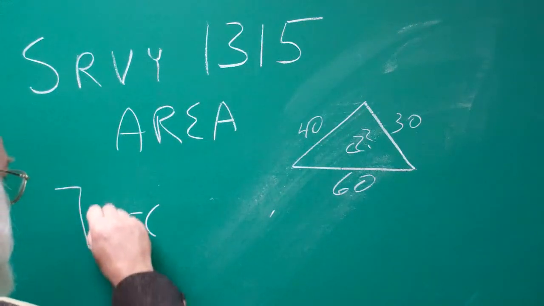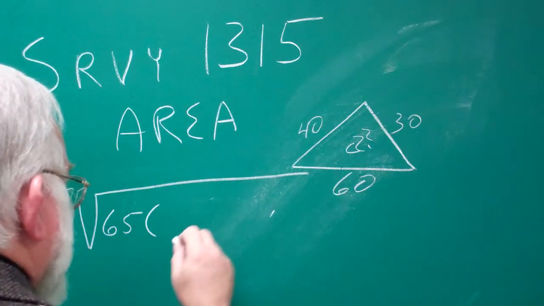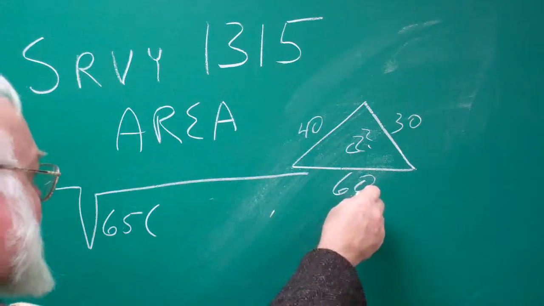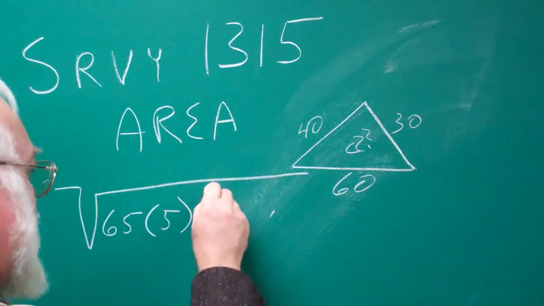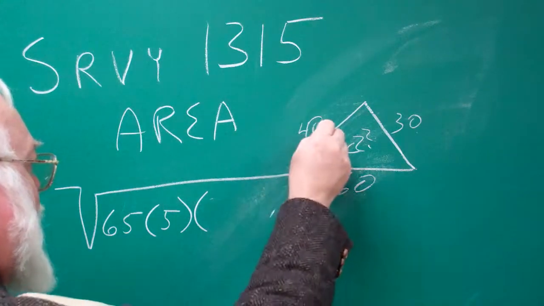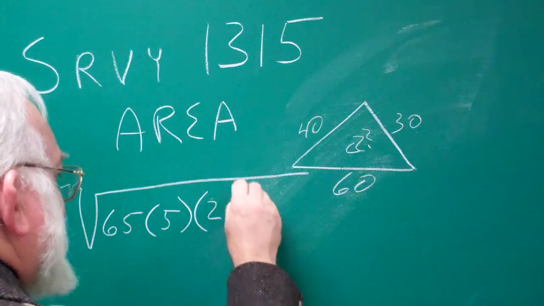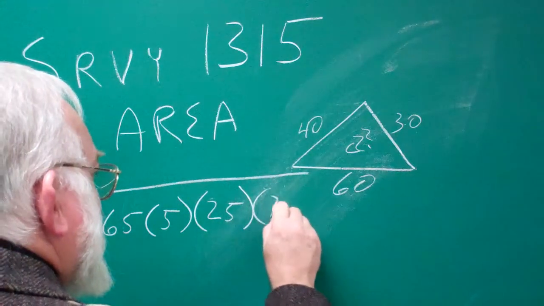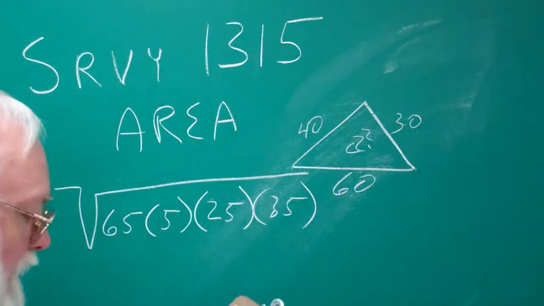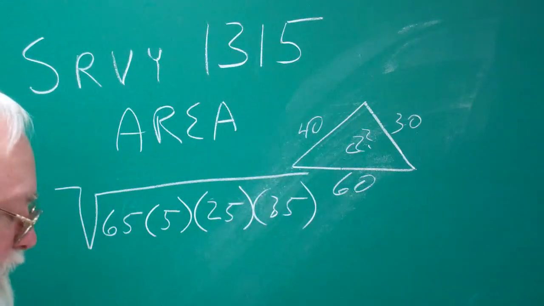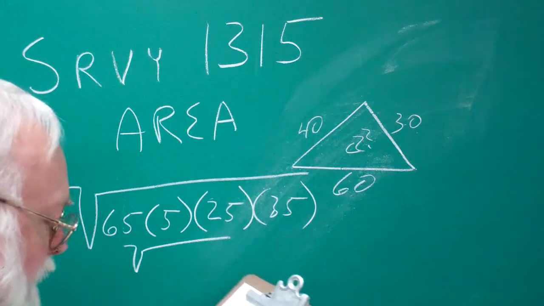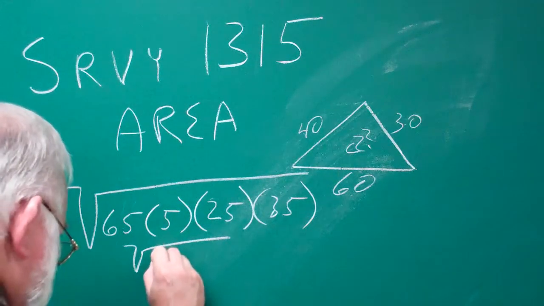And this is going to be the square root of 65 times 65 minus 60, times 65 minus 40, times 65 minus 30. So when you do all of that, you end up with the square root of 284